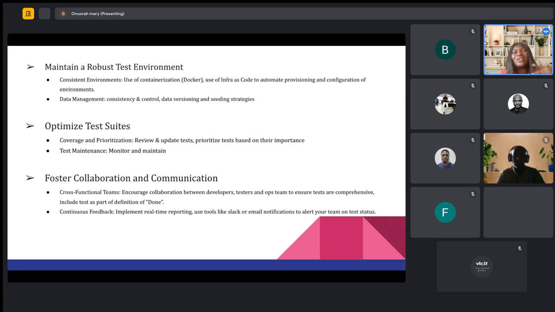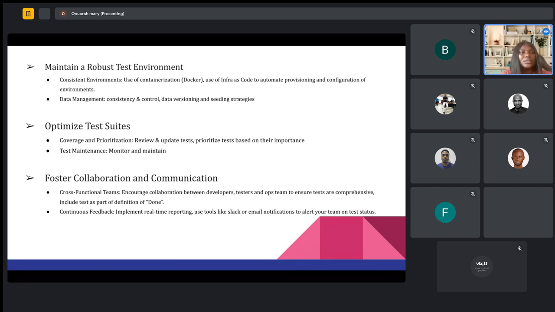You can use infrastructure as code to automate the provisioning and configuration of your test environment. Then the next one is ensure data consistency, like managing your data, ensuring that it is consistent and you can control it, right? And you can achieve this using data versioning and seeding strategies, right?